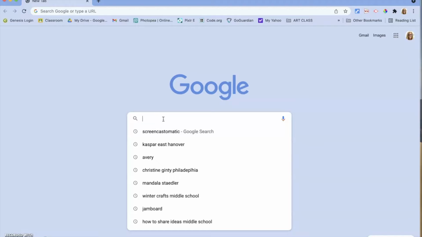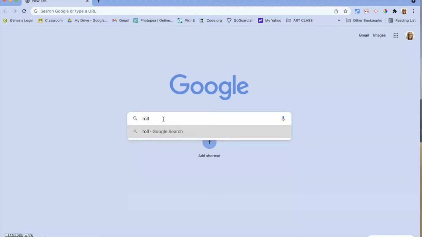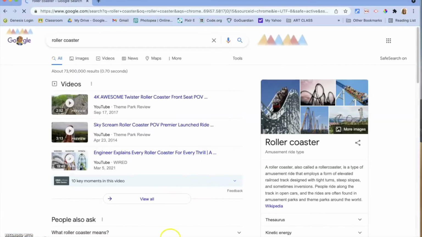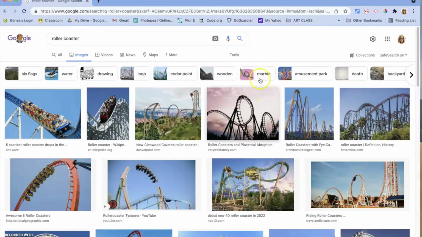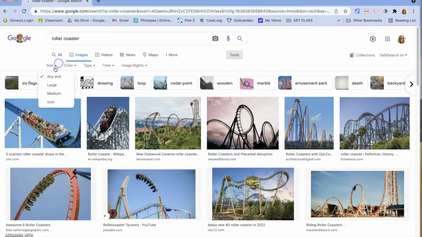So we're going to start by doing a search for an image. Let's say I want to incorporate a roller coaster, because my theme is going to be summer vacation, things I do. So I'm going to do a Google search for roller coaster, go to images. One of the things we're looking for is high resolution. So to make sure that we find just high resolution, we go over here to tools, size, large,